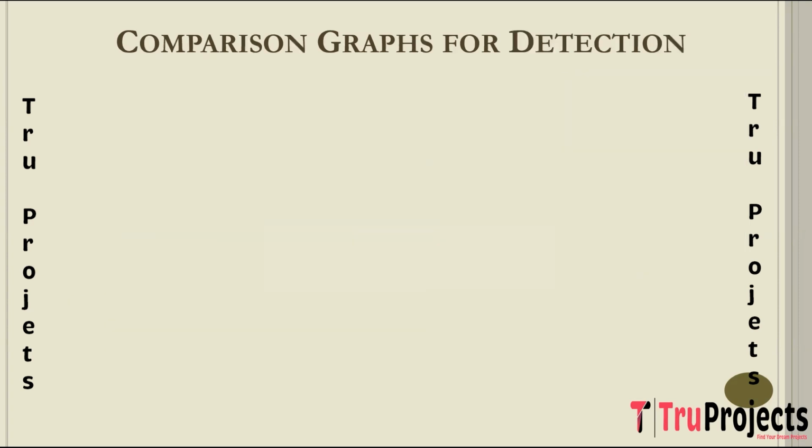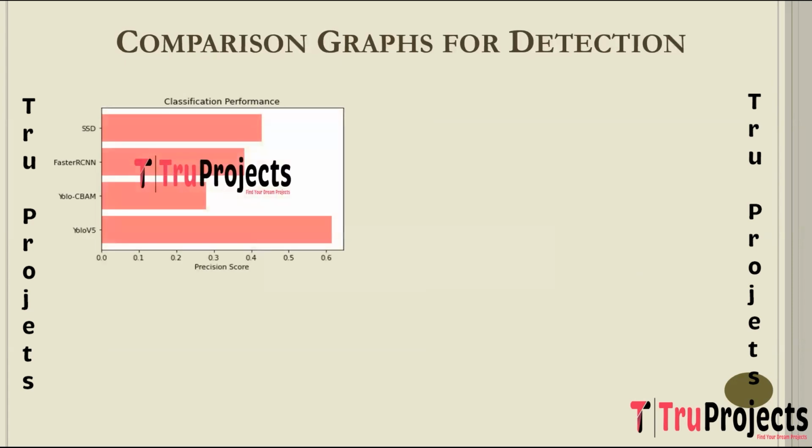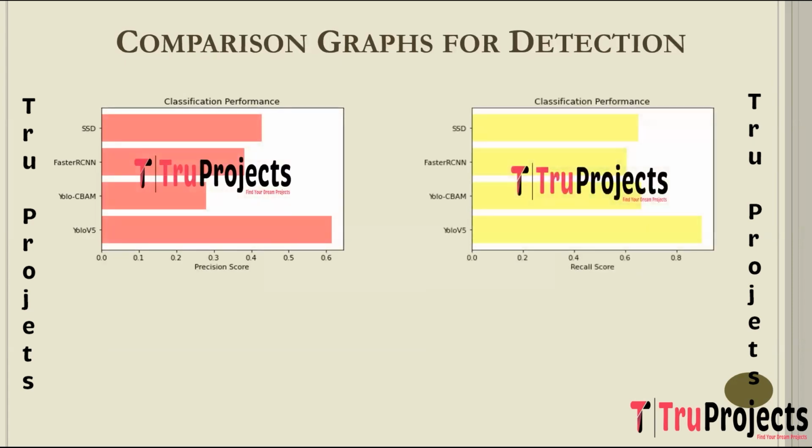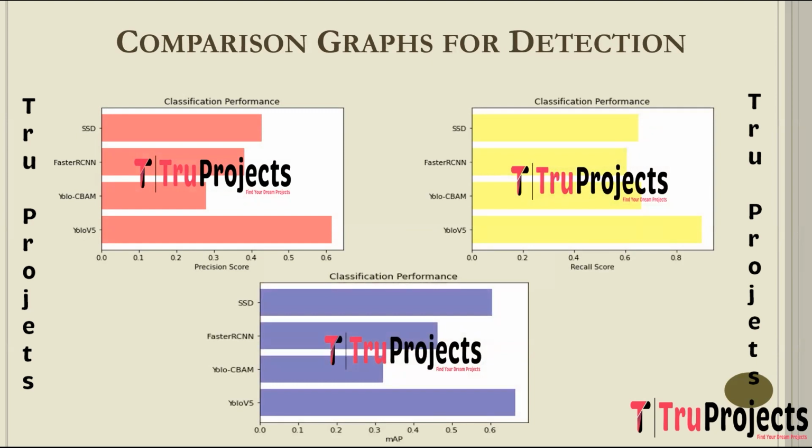We have used precision, recall and mAP for evaluating detection models. So here we have comparison graphs for the detection models. This is the precision score comparison graph. This is the recall score and this is mAP. mAP is mean average precision. It is a popular metric for object detection that considers both precision and recall at different IOU, which is intersection over union, thresholds. It averages precision values across different IOU thresholds and computes the mean. The algorithm which performs well among all these metrics will be used for final prediction in detecting maize leaf disease.